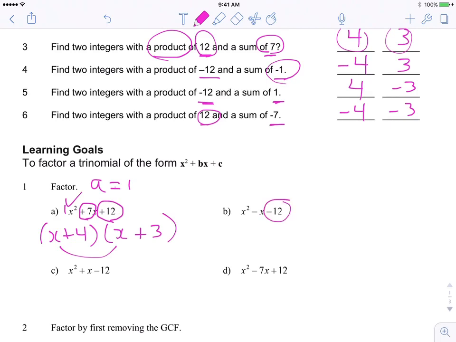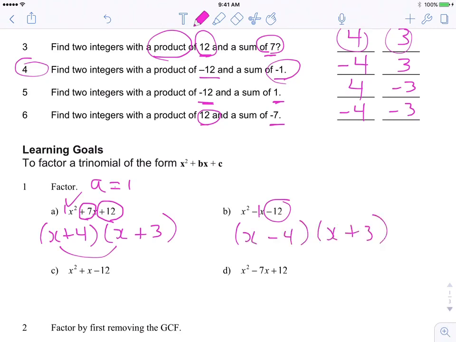Let's try it again. Let's look at this here. We're looking at the negative 12. I want a product of negative 12 and a sum total of negative 1. So we want two numbers that multiply to get the c value and add up to get the b value. Two numbers with a product of negative 12. That's exactly like number 4 here. Our two numbers are negative 4 and positive 3. So x minus 4,